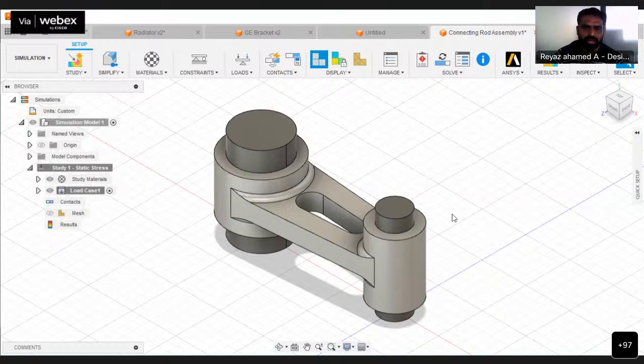So here we do not need to go with any simplify. Here only the cutting rod is there and the two pins. One is a larger pin, another one is a smaller pin. So here we are going to apply the loads on the pin. So we are going to study two cases. That is, the first case,